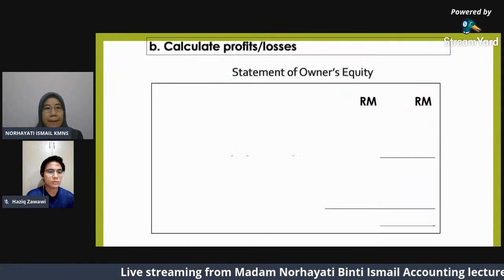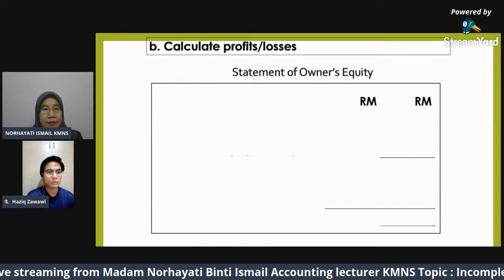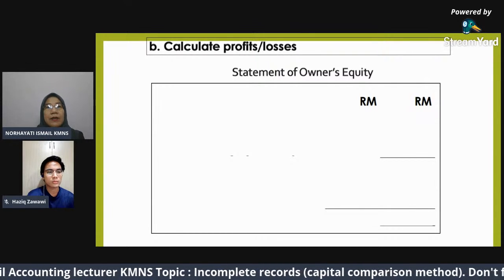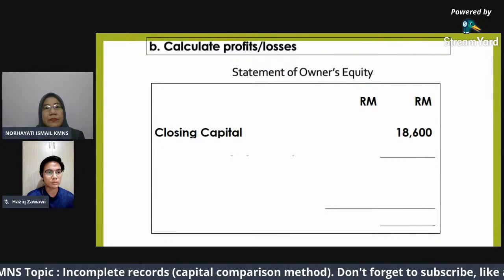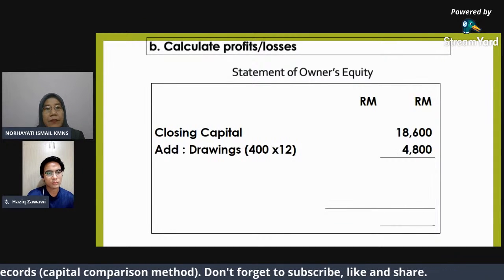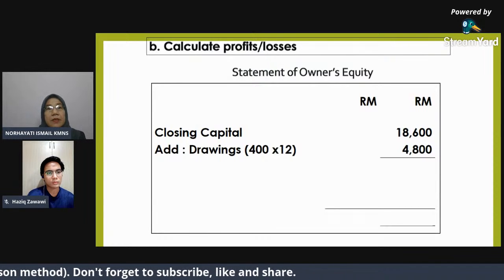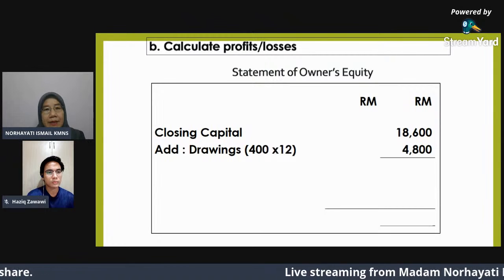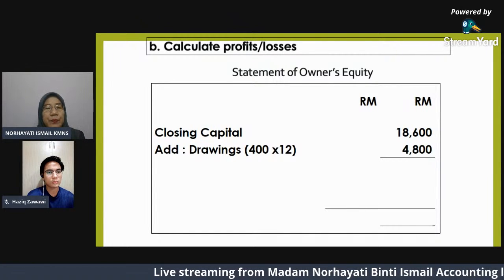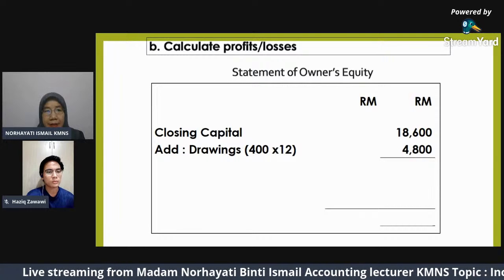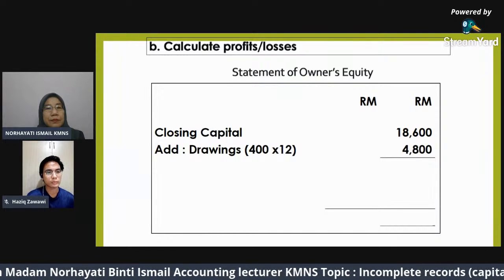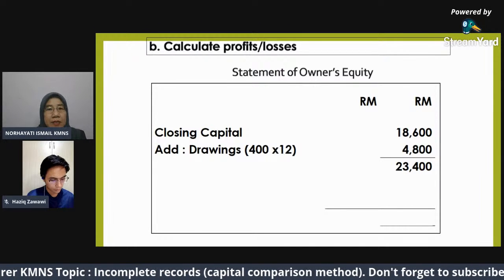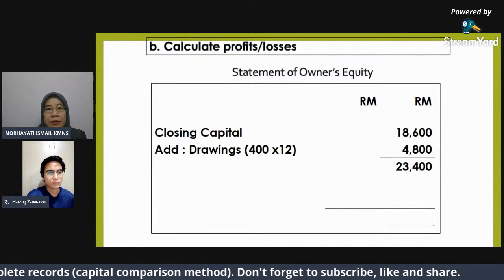Okay, the third step, you have to prepare statement of owner's equity in order to calculate profit or loss. So the closing capital add drawing, you must calculate 400 every month times 12 months because we prepare the account for 1 year. So you have to multiply by 12 months. So the total, when you add closing capital and drawing, you get